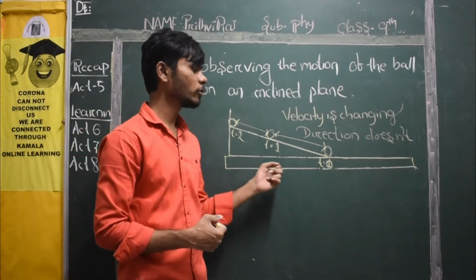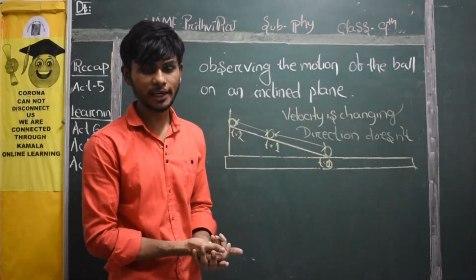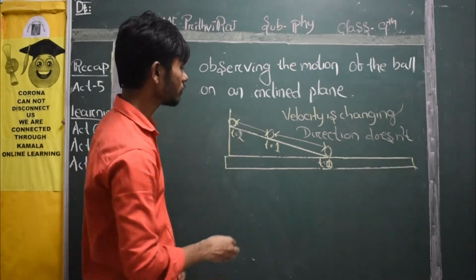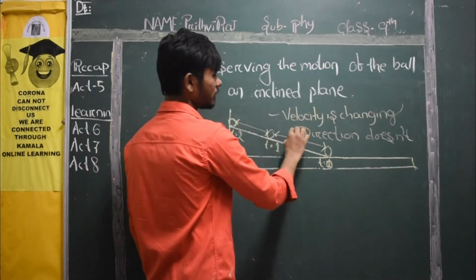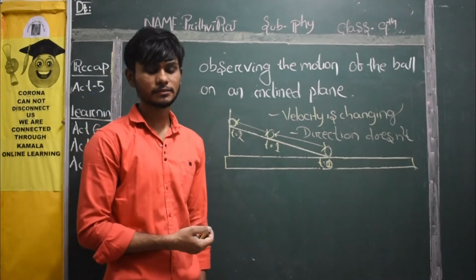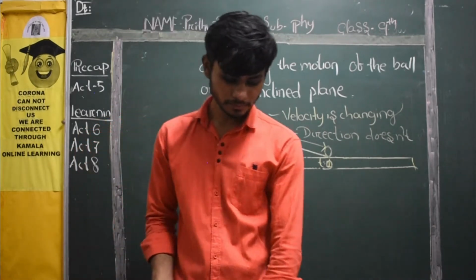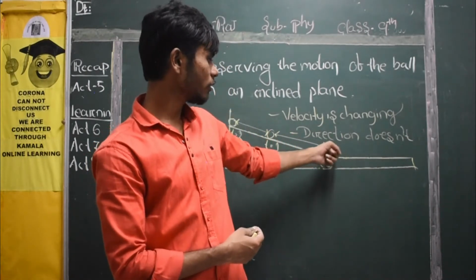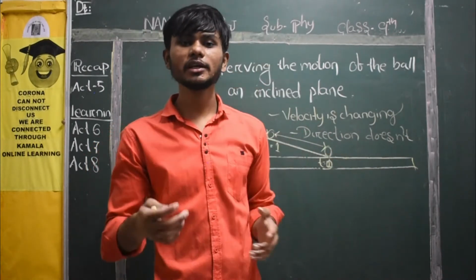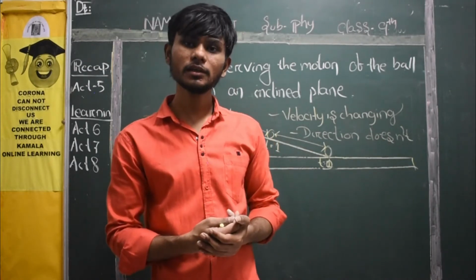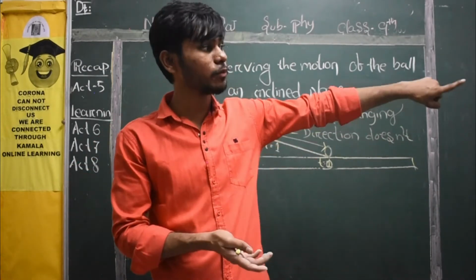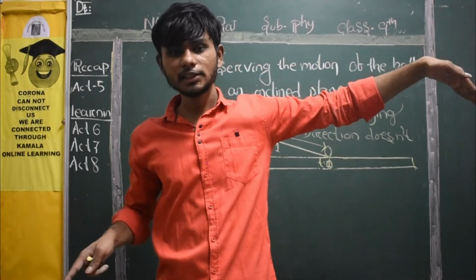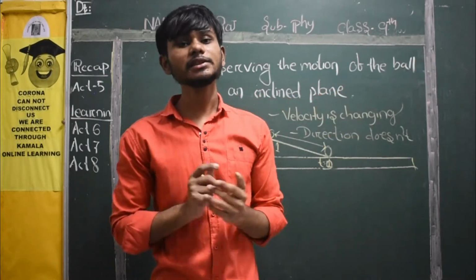So here we came to understand that no matter what the case is, on an inclined plane the velocity of the ball will change, but the direction will remain the same. Here also the velocity changes, right? But the direction doesn't. It remains the same. That's what your observation states. What is the path of the ball? Same path from inclined to downward. If you are pushing, it will go from downward to upward. The way you are giving force, in the same way the ball is moving. Suppose you are giving force in this direction, the ball will move in that direction. If you are giving force in that direction, the ball will come in this direction. The same thing. But velocity may change.